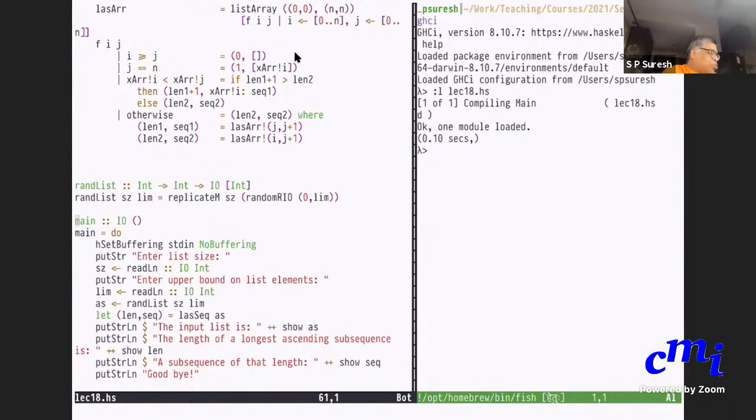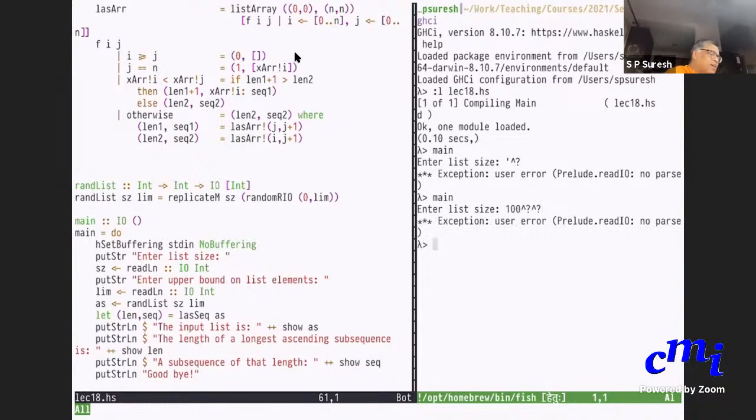So let me just show you. So I have loaded it, right? So let me just say main. It will ask me to enter a list size. Let's enter a list size, let's say 50.